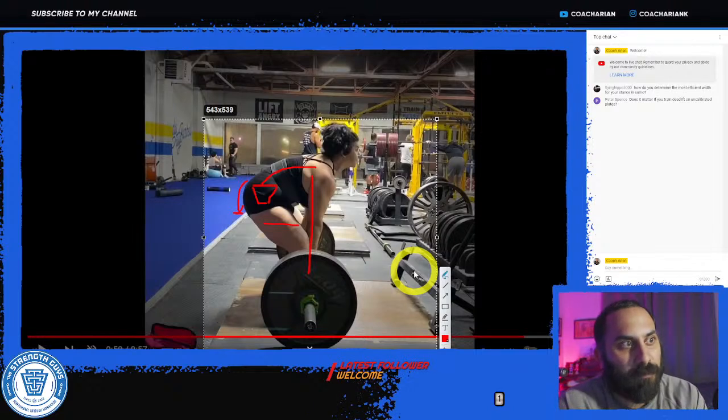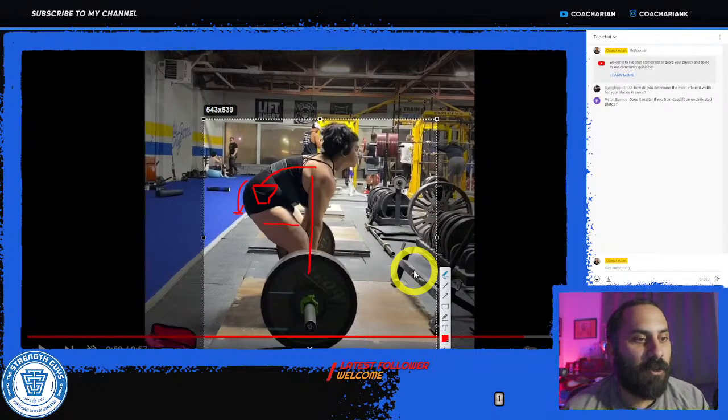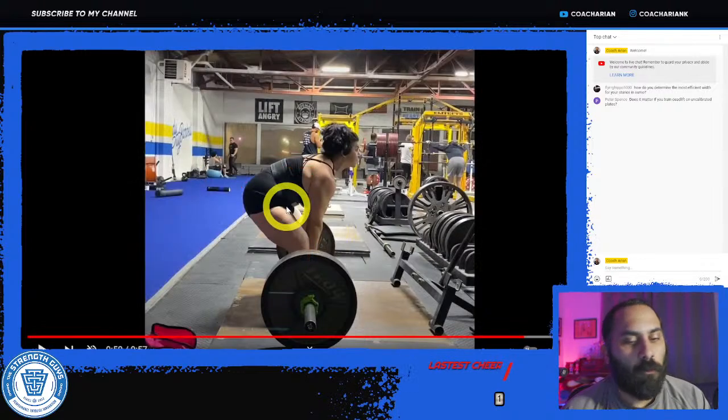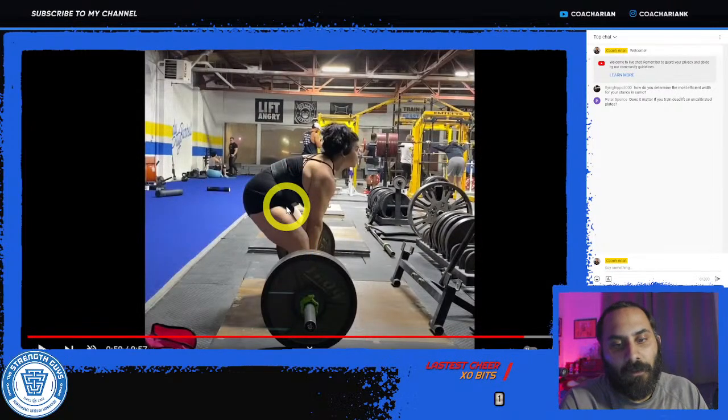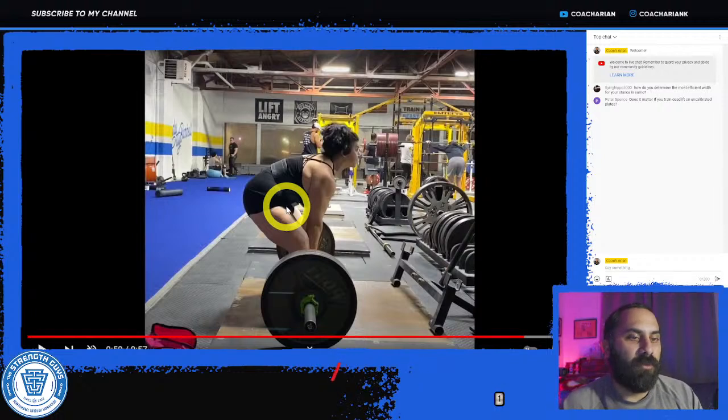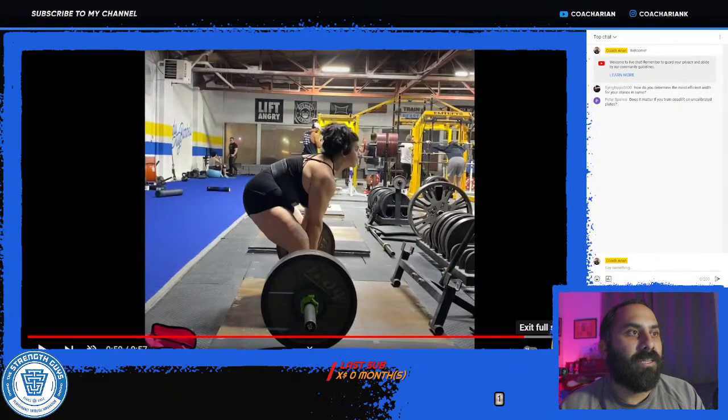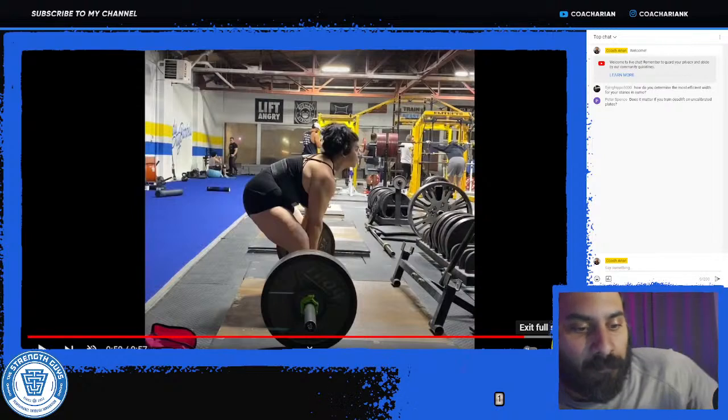And so that's another thing to be careful of, is you may want to test out going wider and wider. But if you have issues like that where it gets heavier, where you're getting the hips tucking underneath you, then you may need to pull back a little bit, bring the stance back in, and get into a position where you can maintain the hips in position as you initiate the pull.